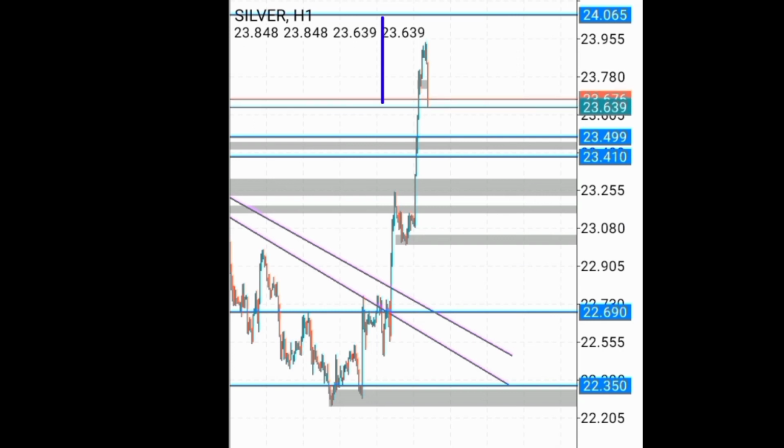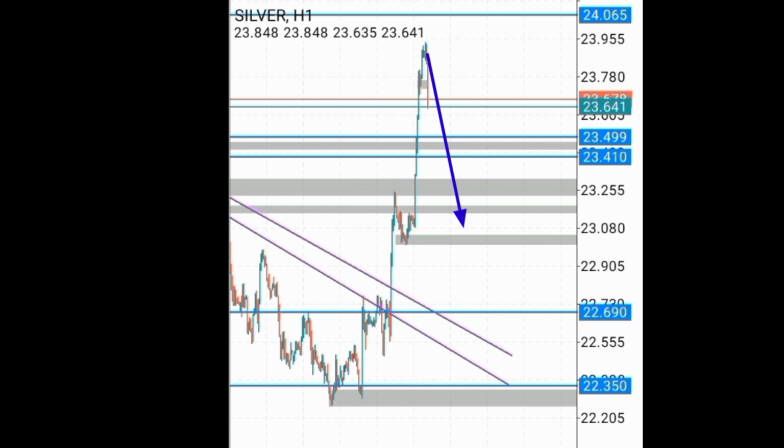You can see in the 1 hour time frame how massive this trend was. Look at how massive it was. So certainly when you experience such a move like this, there's always going to be a pullback into the key levels. Okay, like you can see in my chart, there's going to be a